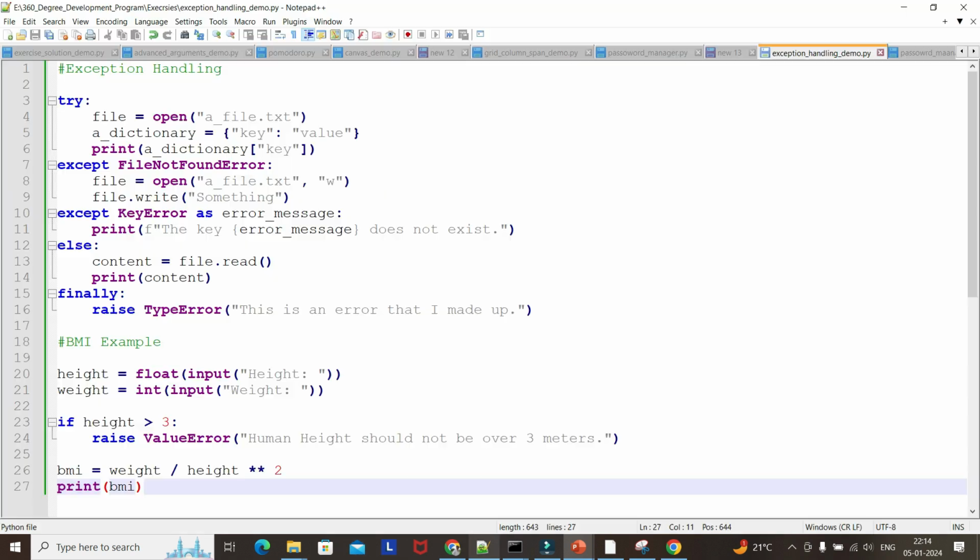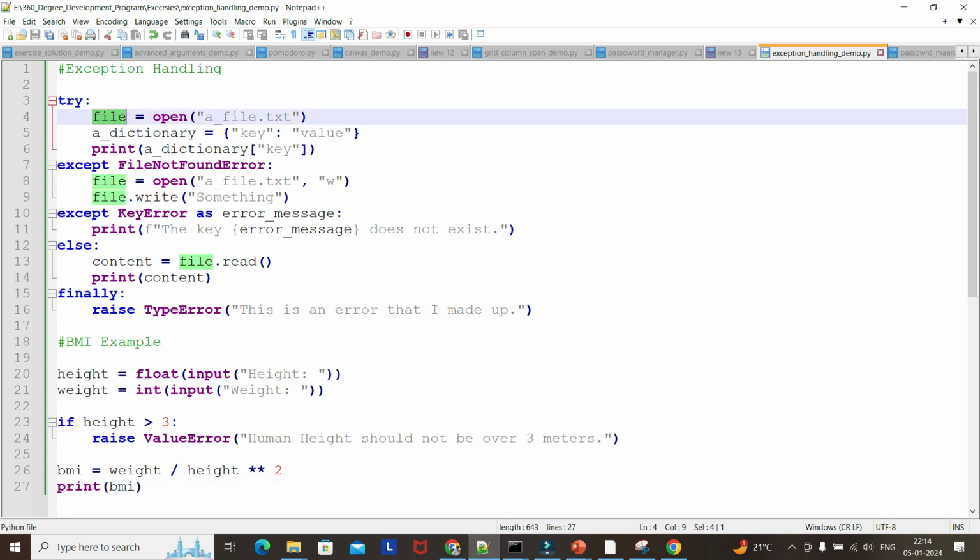So apart from this, we have another example. For example, we are trying to open a file which is not there. Generally it will raise a file not found error. Then when we try to open in write or append mode, that will obviously create the file, and then it will be writing something. So for example,